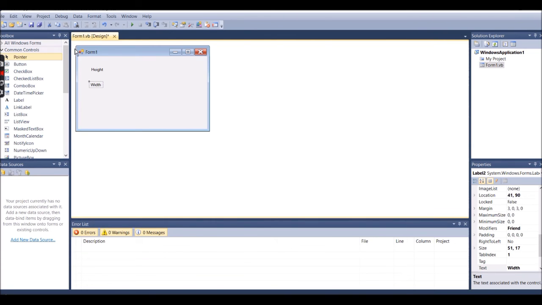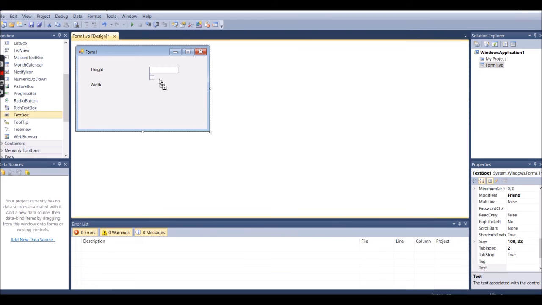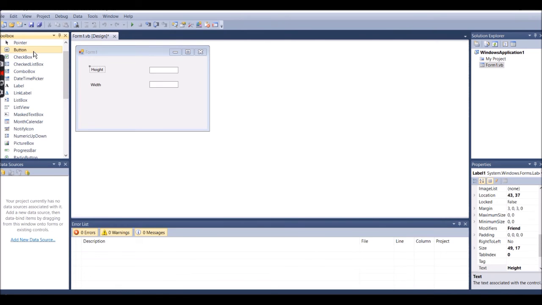After that, what you need to do? Same process. Text area is there. Yes, text box is there. Now you have to drag and drop. Again, another you have to drag and drop. Now after seeing this, both are there. You can make it large also, or whatever you want. After taking this, you have to take one button. After clicking on the button, you just put it here, calculate.